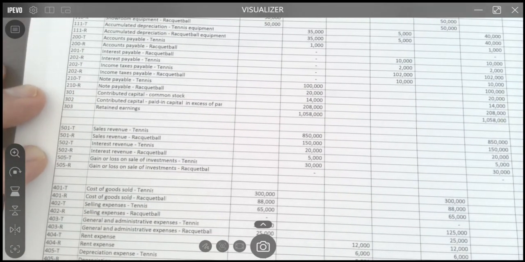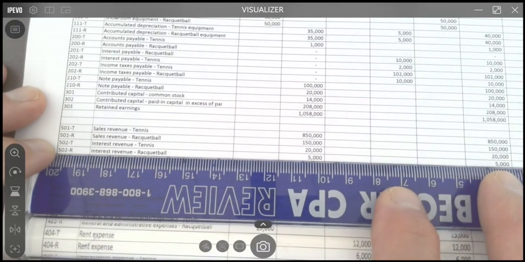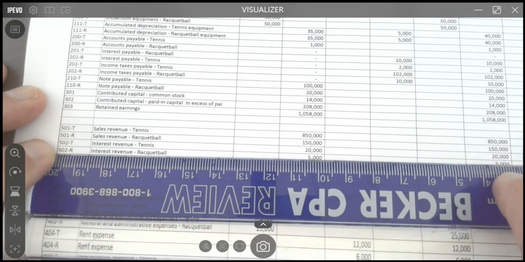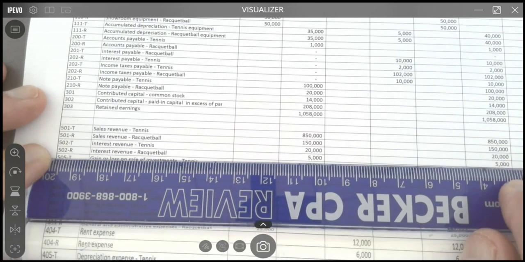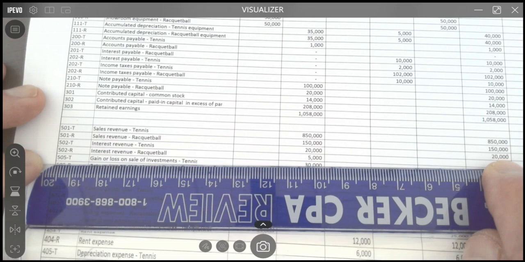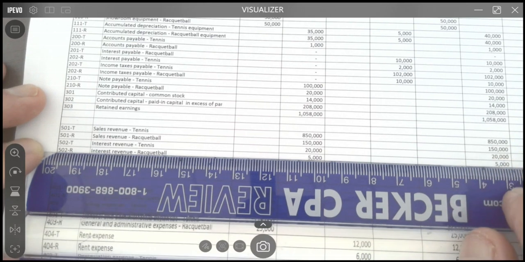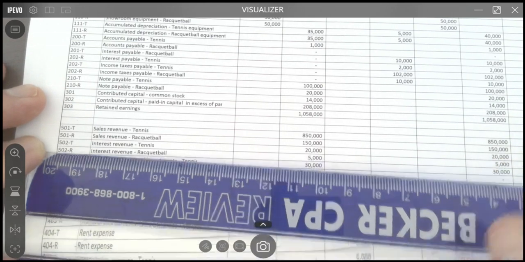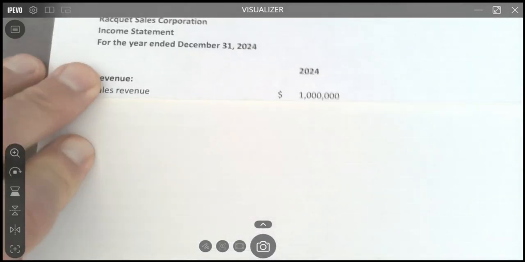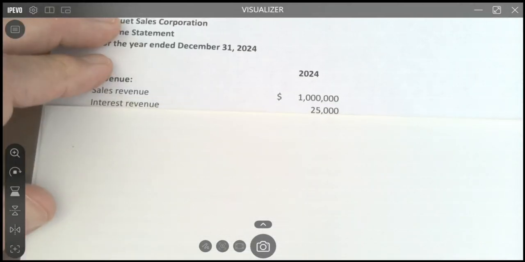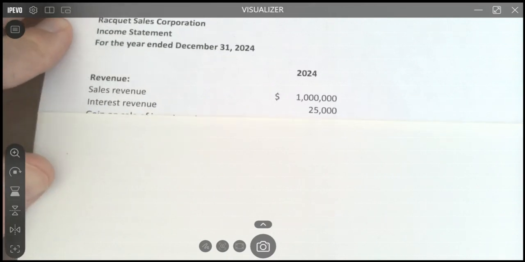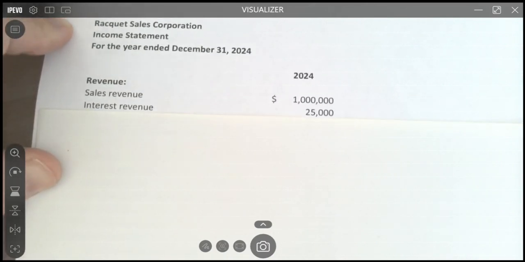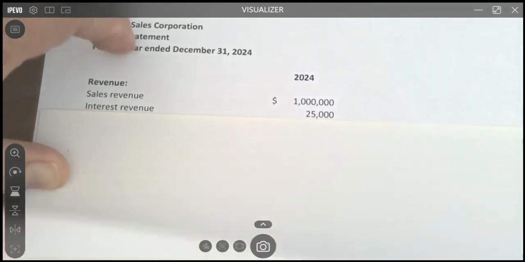And we have interest revenue at the tennis division of $20,000 and interest revenue at the racquetball division of $5,000 for a total of $25,000. And I have that on the income statement. Interest revenue, $25,000. Back to the worksheet, and we find